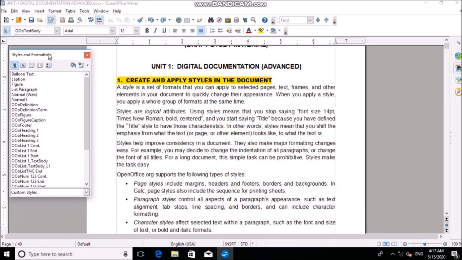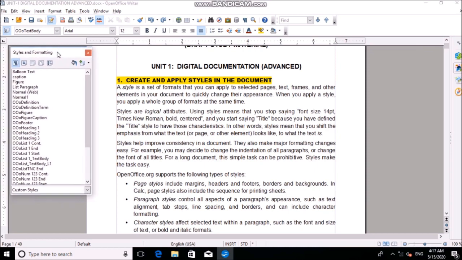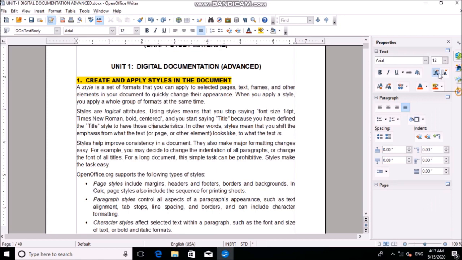You want to make it on the left side or on the right side, it's up to you. This is basically the layout. If this is not displayed here, just go to the right side, where you have these 4 options. The first one is the properties of this document, and the second one is the styles and formatting.